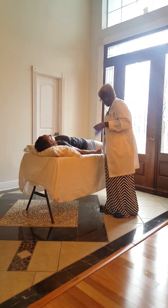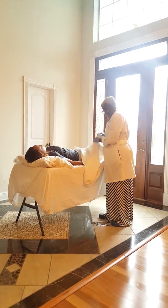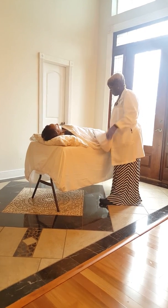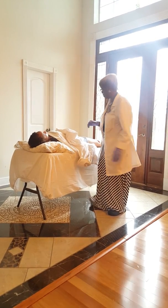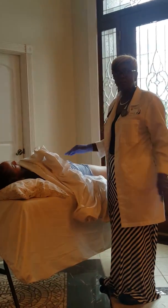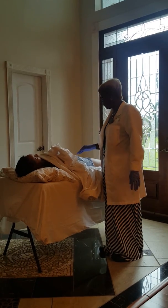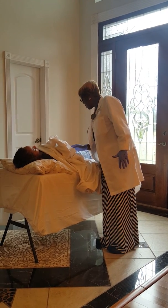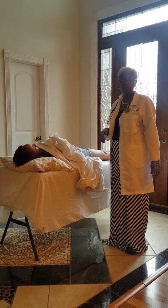Okay, I'm gonna use this sheet. Okay, the first thing I'm going to do, I'm going to inspect Miss Smith's abdomen. Okay, upon inspection, I see no visible signs of deformity, no breakdowns. The skin seems to be intact with normal coloration across the skin. The next thing I'm going to do is light palpation of her